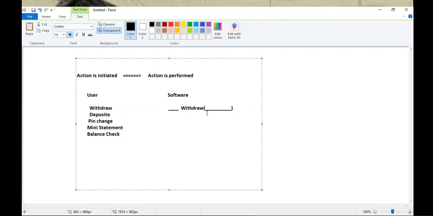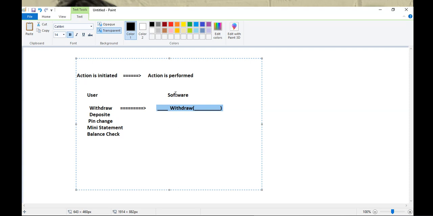So these two things need to be synced together. Okay? Means in function terms, when withdraw gets called at user level, in the software, immediately the withdraw implementation needs to be executing.